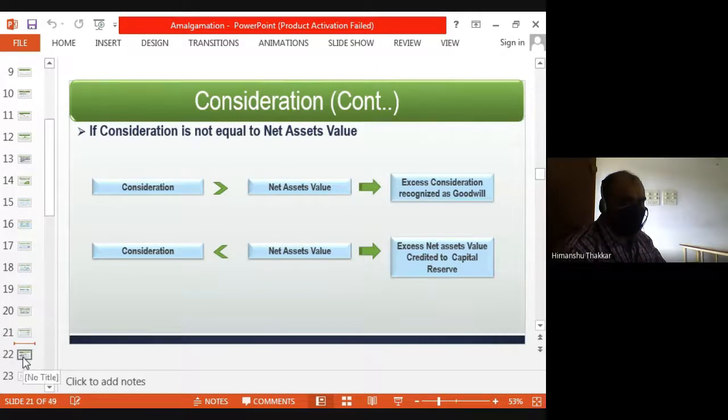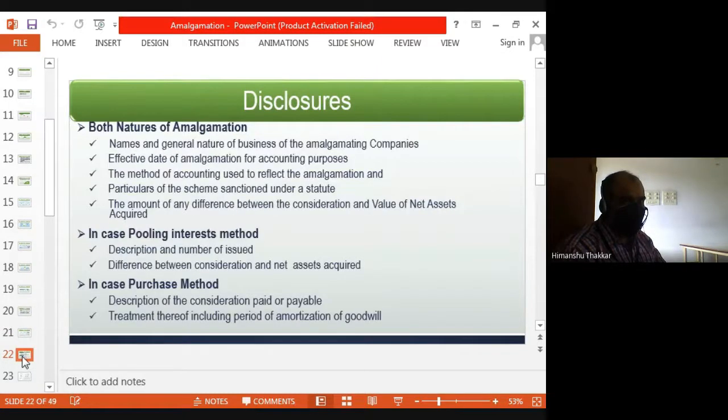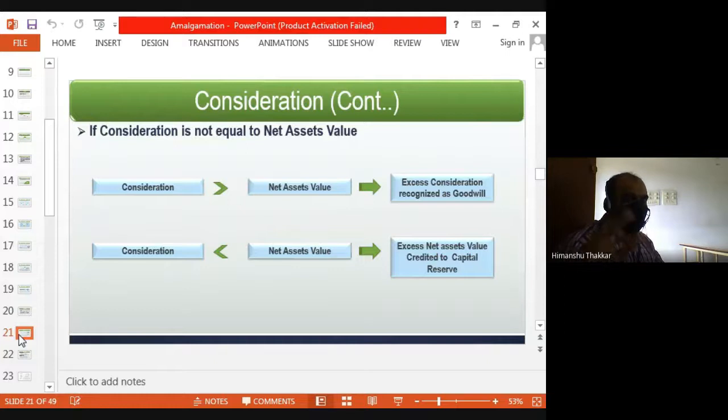Clear all of you so far? Rest is just theory, disclosures. For sums, you need to remember all these slides that we have discussed today. So I'll be sending you the PDF of this file. And you need to refer to it properly before we start the sums. You should know this.